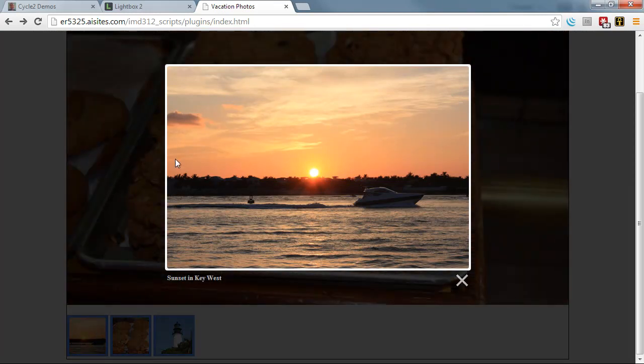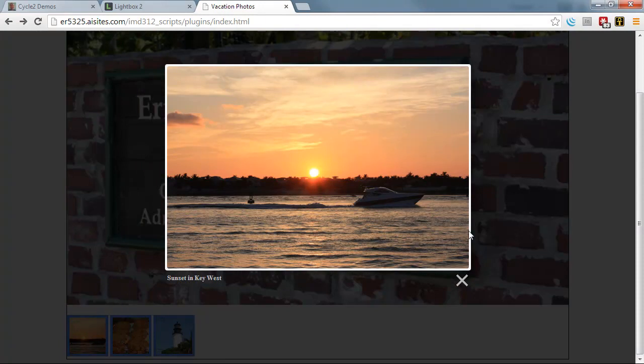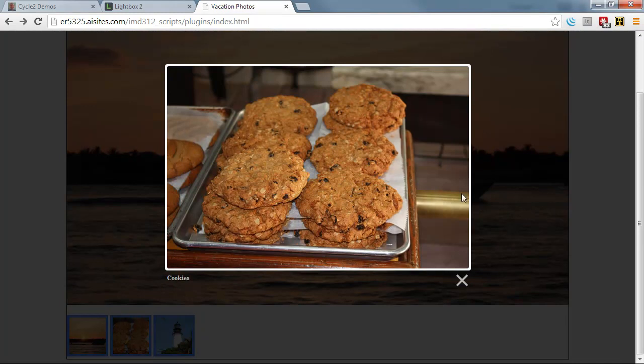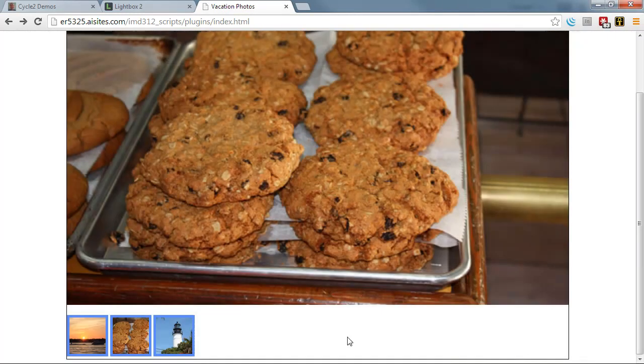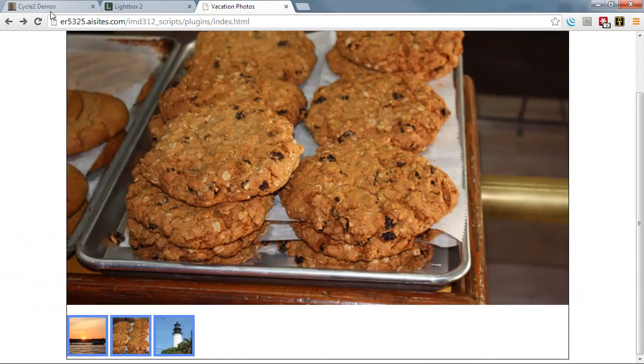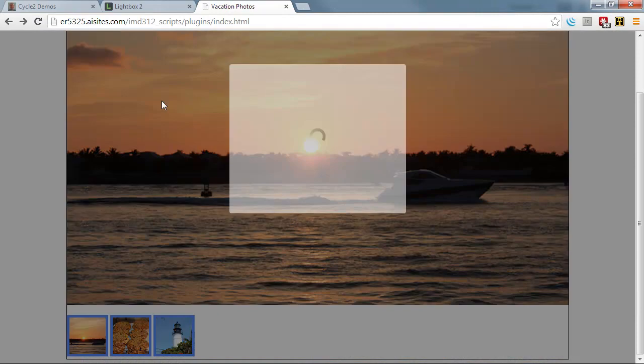You'll notice that I don't have the previous and next buttons, and we'll talk about that in a second, but I can close each image. I can do the same for all three images, but again, there's no previous and next. The reason why is because I gave these data-lightbox values that are all unique. Now if you want to create a slideshow where you can go previous and next, you need to use the same name for these. So let's say instead of giving each one a unique title, we'll call them all photos with an S. And now if I upload that and I reload my page here and test it,